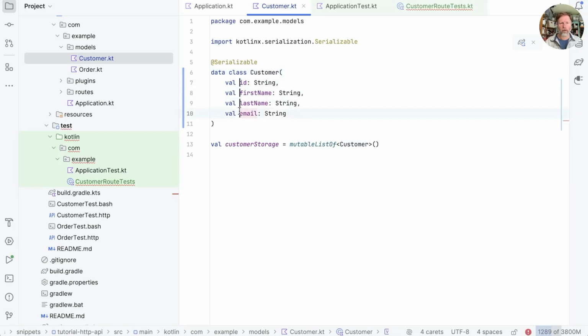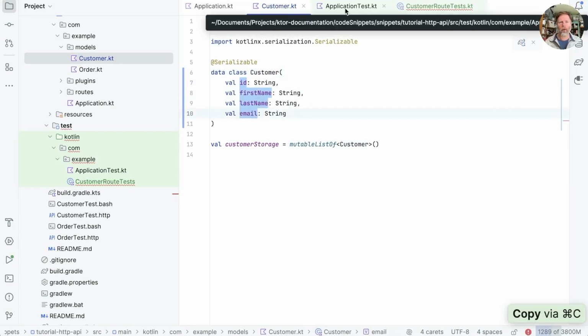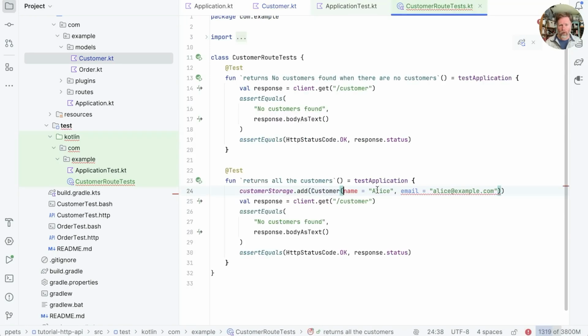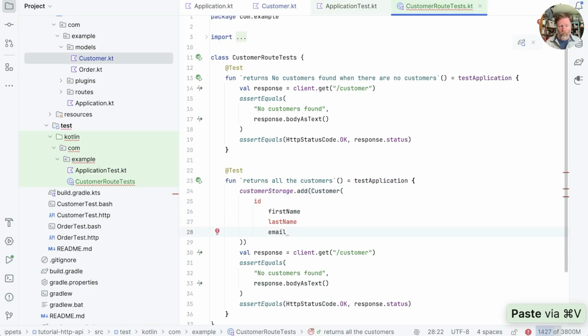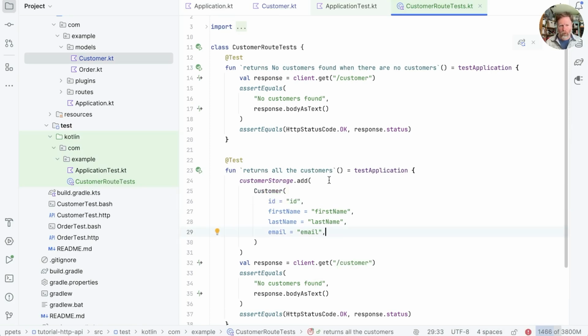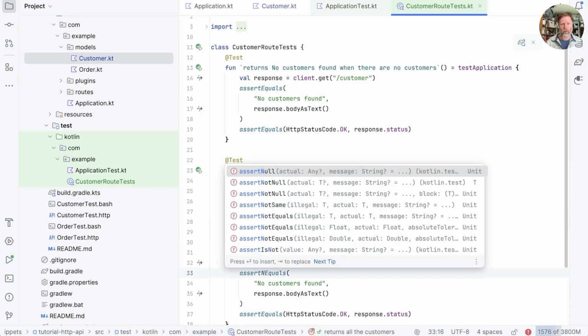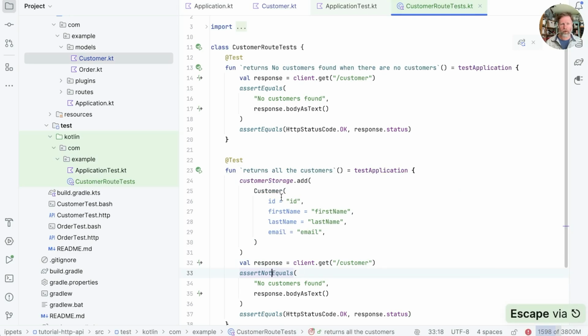I'm going to take those things, put them into here, and then if I can, we'll say something like that, and then the commas. Now I'm not quite sure how that's going to render, but I could at the very least say that it is not equal to no customers found, as it should have found a customer. Let's try that,